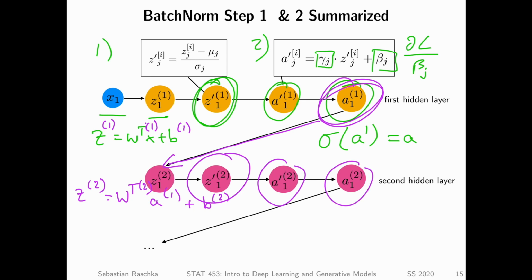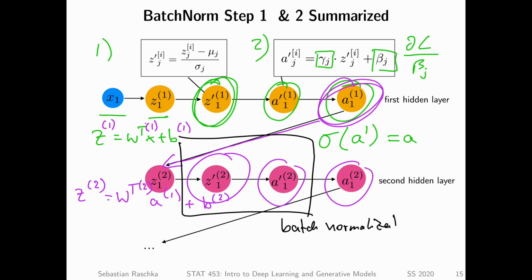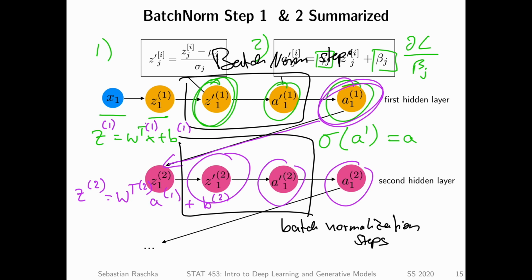So again, maybe I should make it more clear. These are batch normalization steps, and these are also batch norm. Or I should maybe say, sometimes I use the term batch normalization. This is like the official name of batch normalization, but in practice everyone says batch norm, or like here, this is like the very common abbreviation. So batch norm is just a short form for batch normalization. Okay.